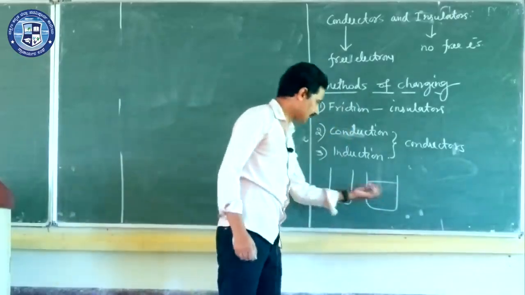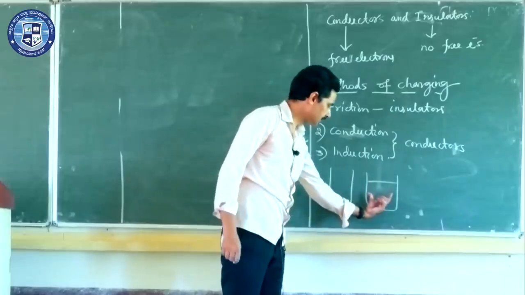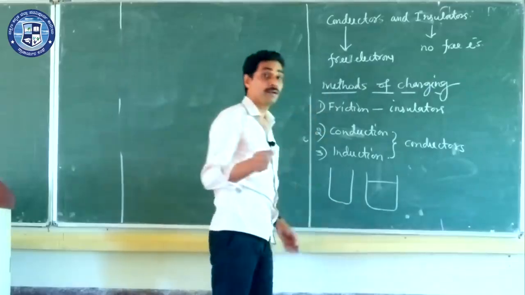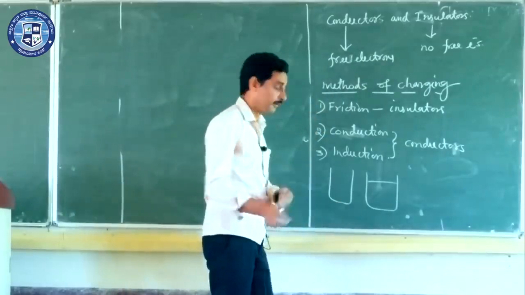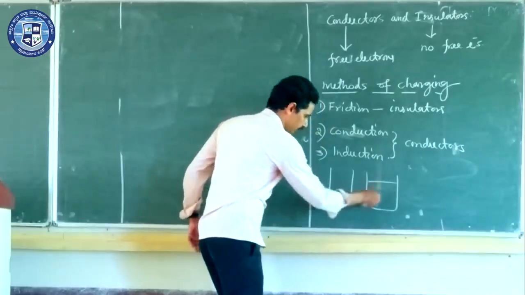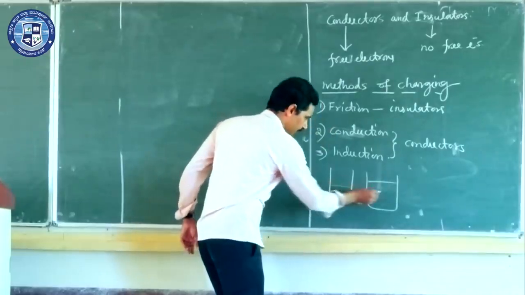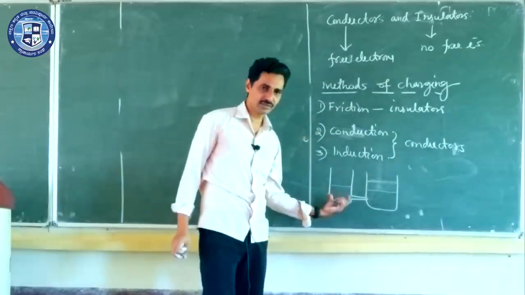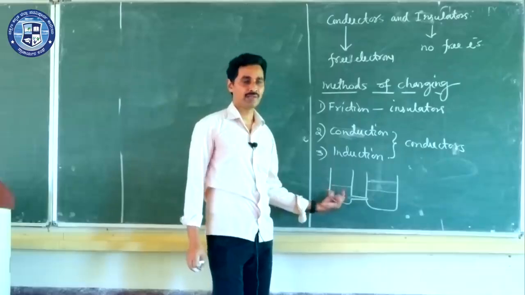And this is not charged, this is charged. Now I want some amount of this water to flow through. What can you do? Water has the property of conducting, that means flowing. So I can connect them by a pipe, and water flows from here to here till the levels are the same. So this is also having water now.